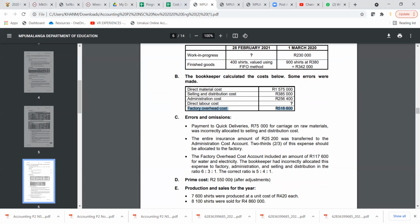So remember, what is prime cost? Prime cost equals direct material cost plus direct labor costs. So here you can see direct labor we don't know. So we can work out direct labor costs by taking prime costs and by taking the correct direct material costs. Okay. Then they say production and sales for the year is 7,600 shirts were produced at a unit cost of